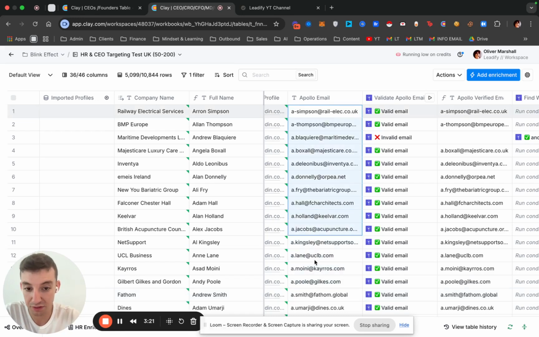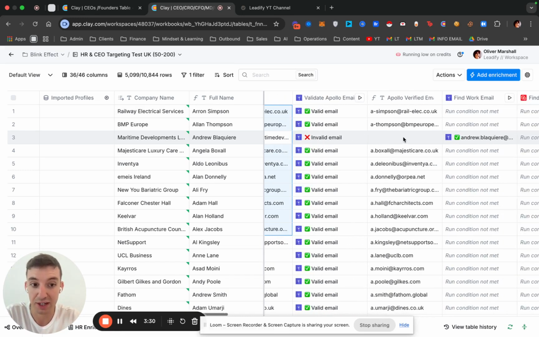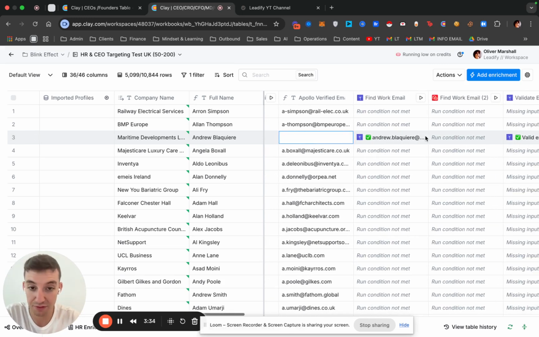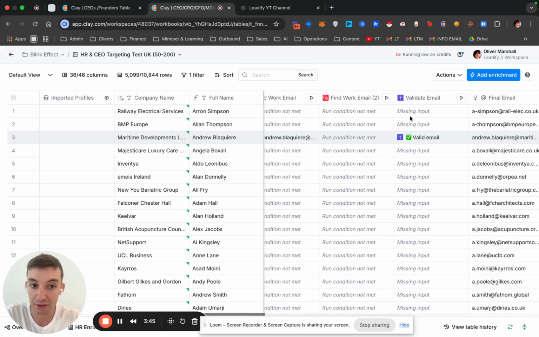So we'll first verify the Apollo emails. Now, what happens, obviously, if an email is invalid from Apollo, right? So this email here, for example, is invalid. It will then go into what's called a waterfall, which I've talked about in several other videos, but it's very simple. It'll try one data provider, which again, we're using Lead Magic to now find the email because it has multiple functionality. Find the email address, and you can see here, it's found the email,